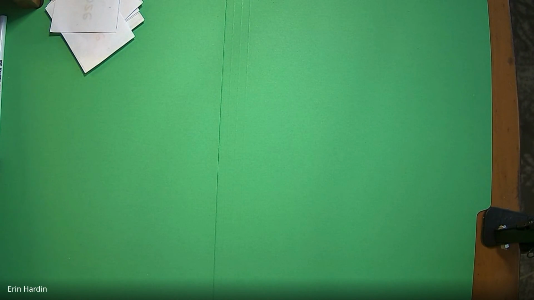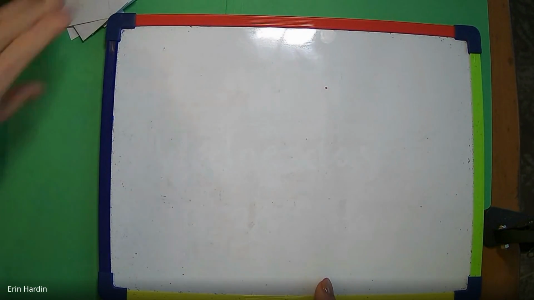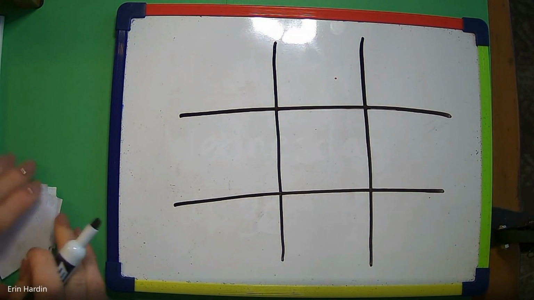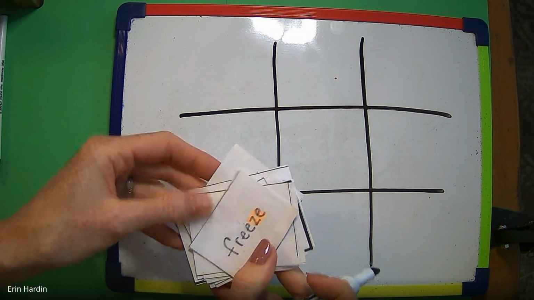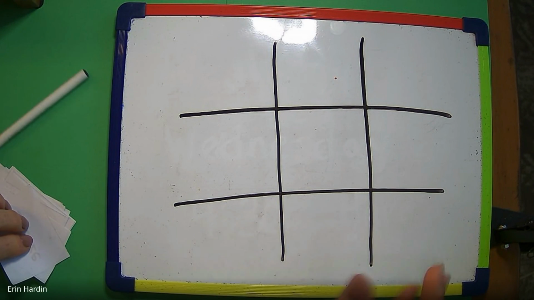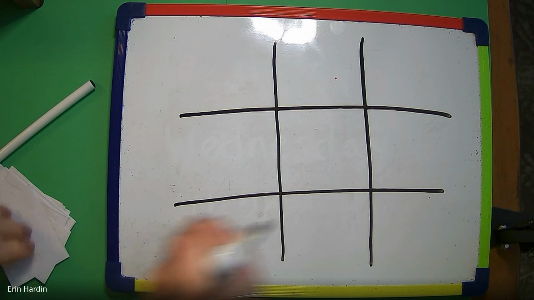After that, you could take those same cards that you just played with, and you could play tic-tac-toe. Tic-tac-toe, if you are working with a large group, if you're in a classroom, or if you're working in a small group and they have their own tic-tac-toe board, the teacher could just take these cards and call off the words, right? So the teacher would dictate the first word, freeze, and the partners decide whose X's and O's, and the X's maybe start first, and they would put it on their arm,